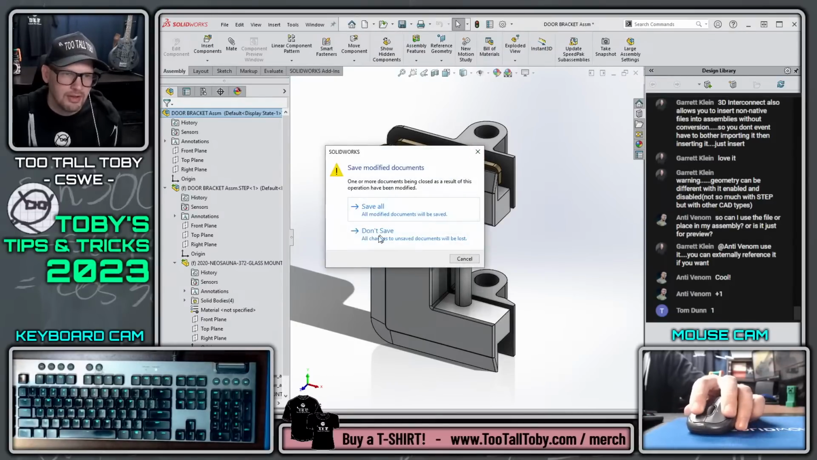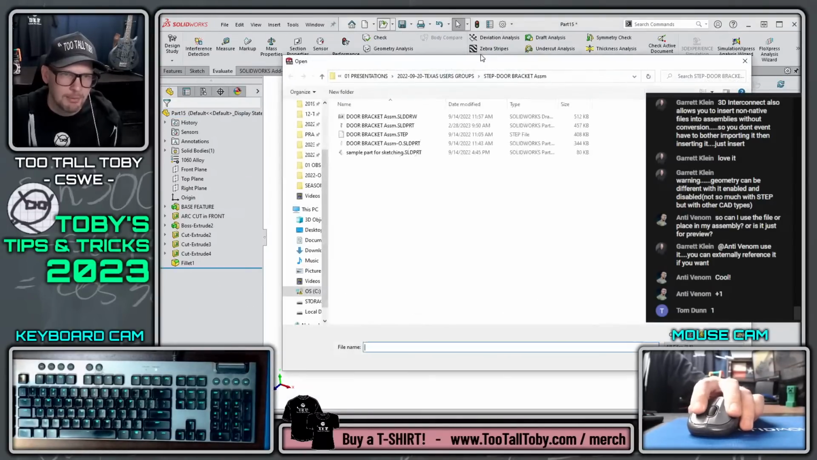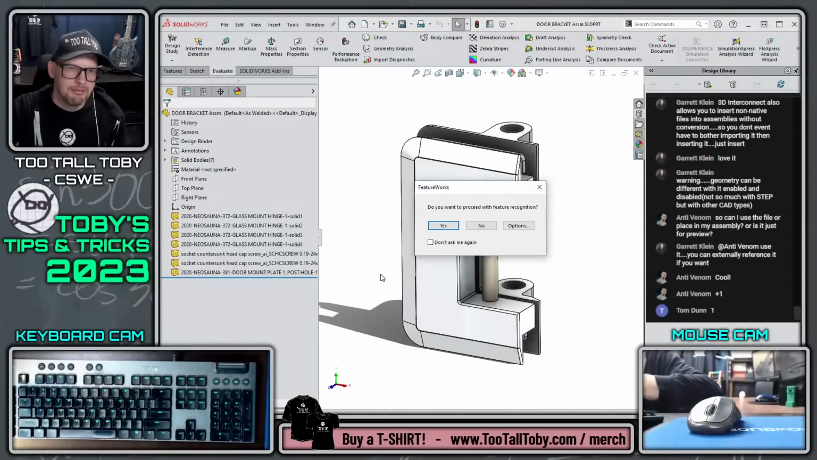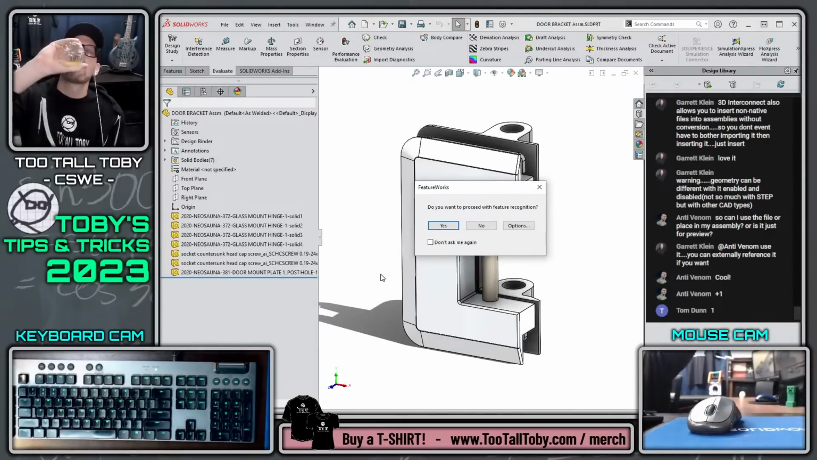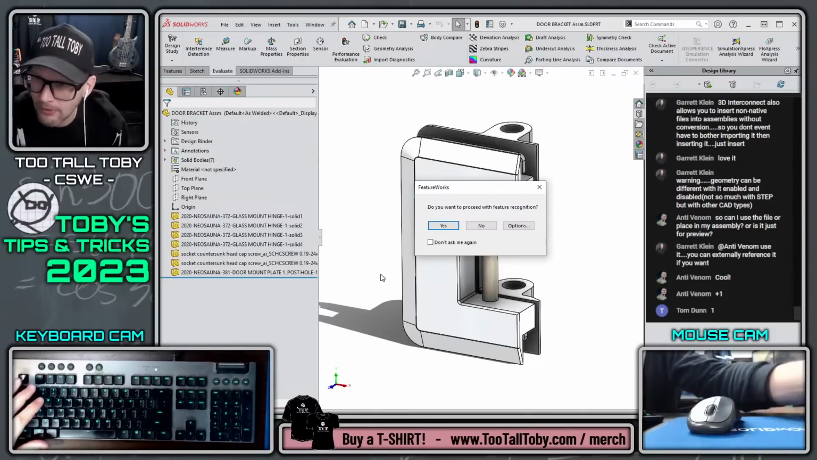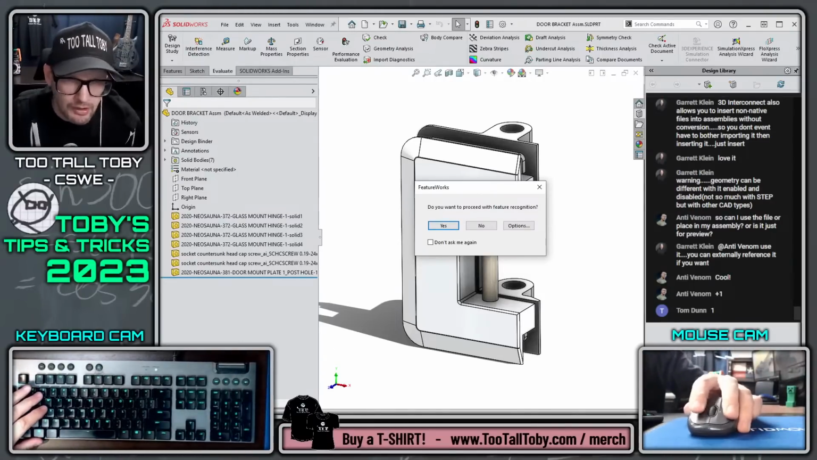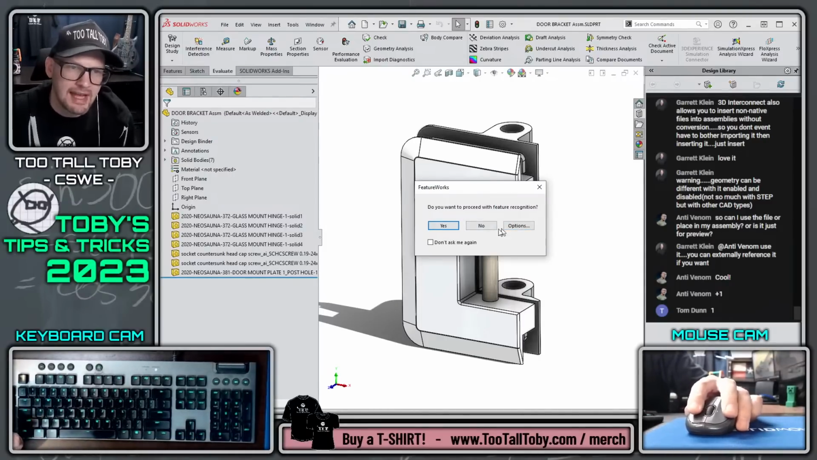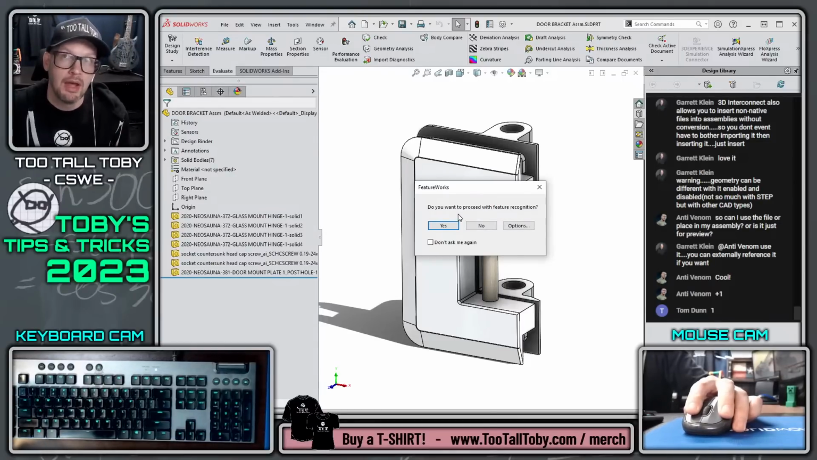So I'm going to close this imported file that I just worked with, and I'm going to open up a different file that I've got here. The STEP version of this file comes in as a single part with multiple bodies. So when it comes to this part file here, first of all, it says, do you want to proceed with feature recognition? Feature recognition is the idea of what's called